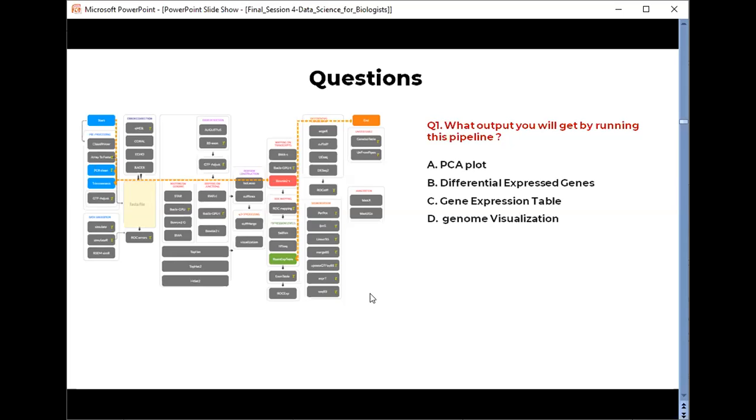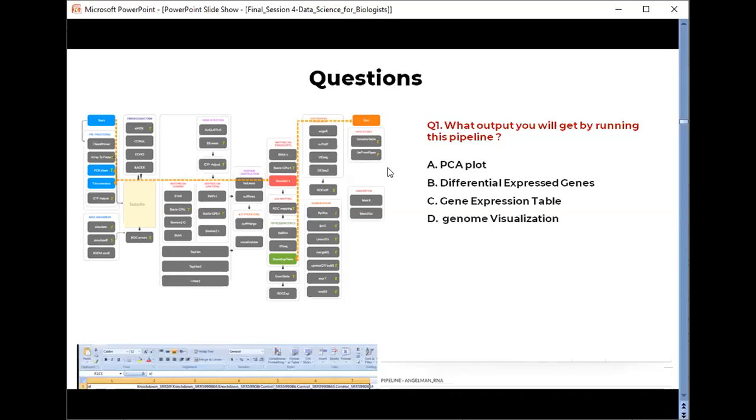If you run this particular pipeline, what is the result that you are going to obtain? Bharat, excellent. You are absolutely correct. We will get a gene expression table.